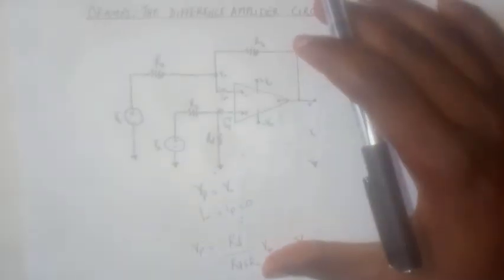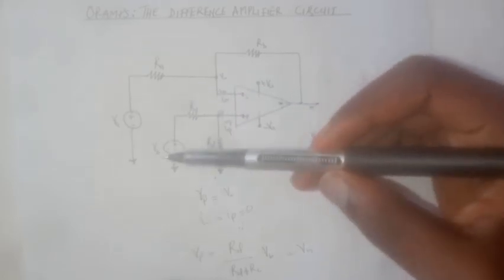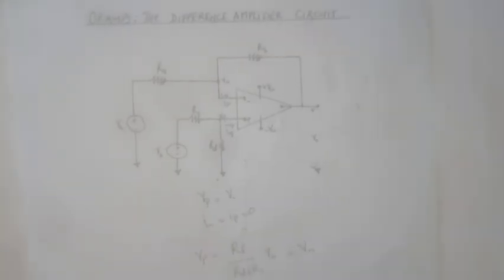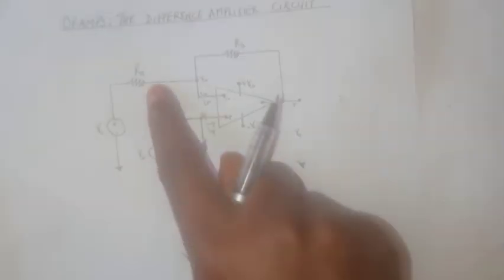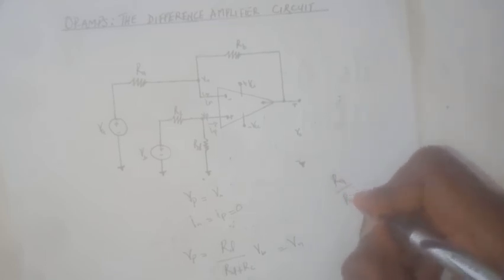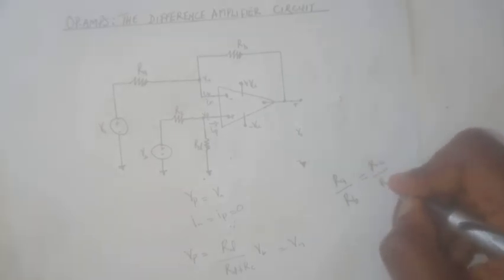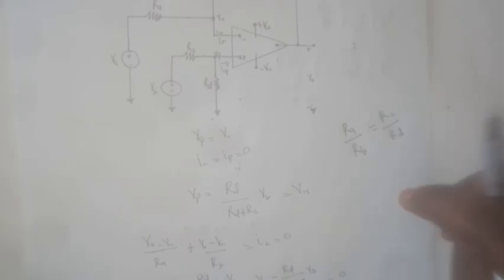And you can see that this is some gain on VB here, and another gain on VA here. So we can say that the output is a difference of scaled versions of the inputs. Take for example a situation where RA over RB is equal to RC over RD. When we have a ratio like this,